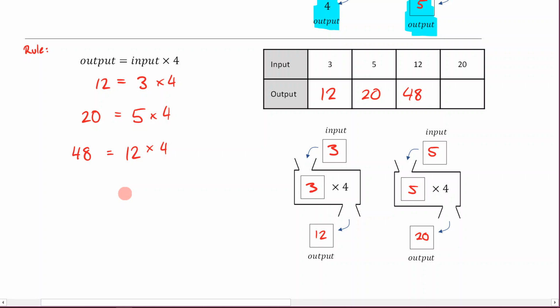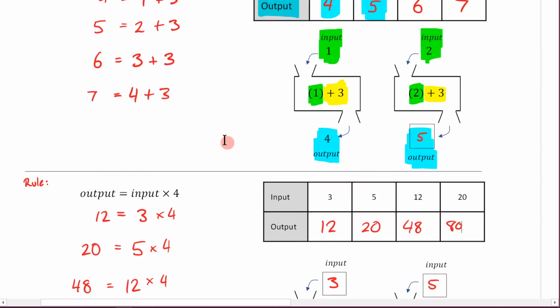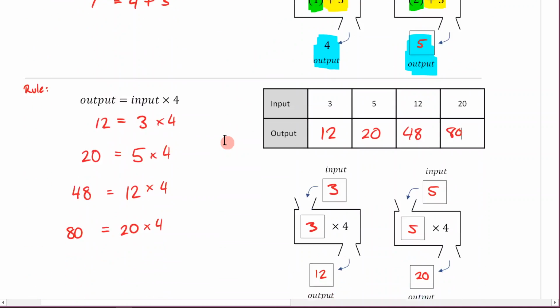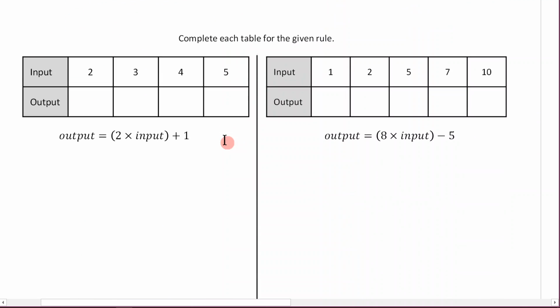Next is 20. So you put 20 in the input spot. You times it by 4. 20 times 4 is going to be 80. So that means you put 80 there. And just like that, we have completed our table of values. We used our rule to do this. So hopefully that first page makes perfect sense, because now we're going to move on to our next page, which